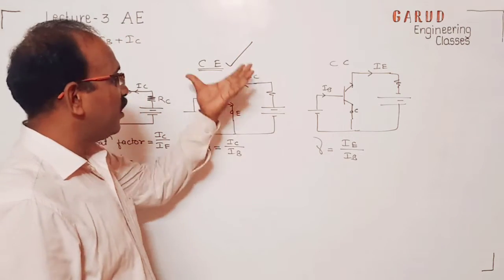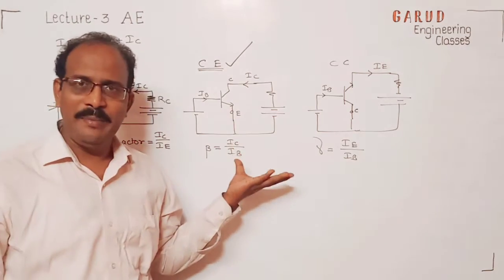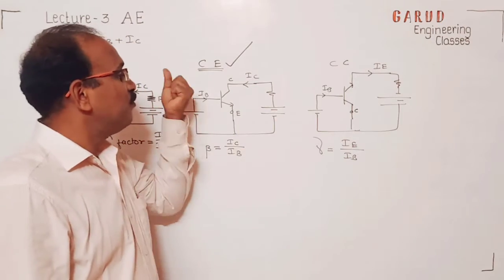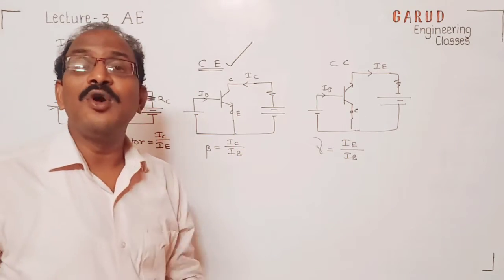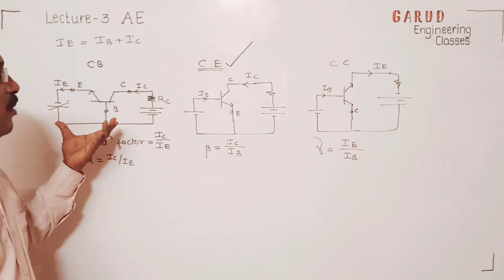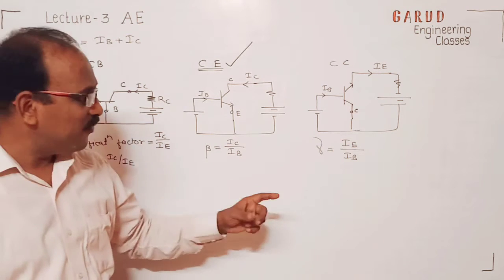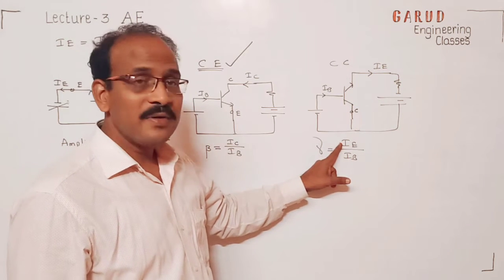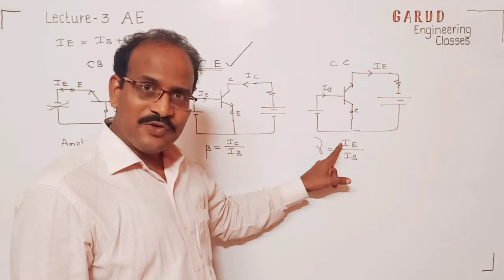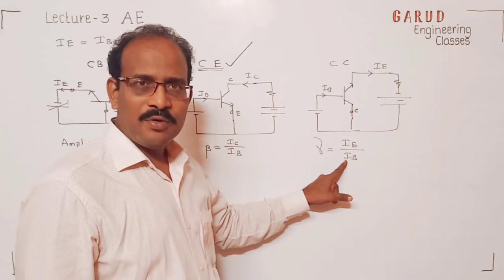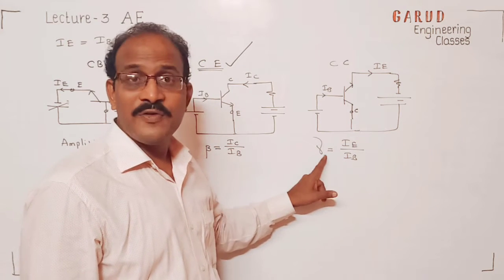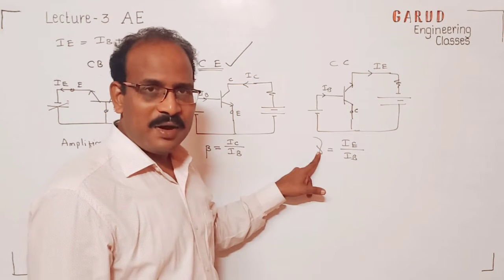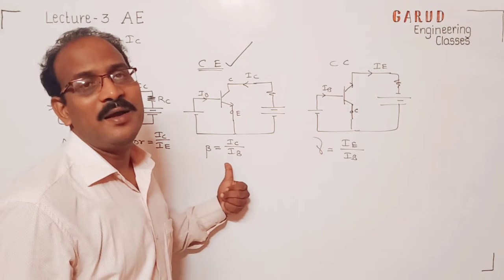Every time we do analysis on common emitter, we make some conclusion on the common emitter. Why only common emitter? Why not common collector and common base? Are they not amplifiers here? Alpha is equal to what? IE upon IB. IE has a large value, IB is a minimum value. So very large to very low is very high. So for the value of beta and value of alpha, if we take gamma, we say gamma is greater than beta.